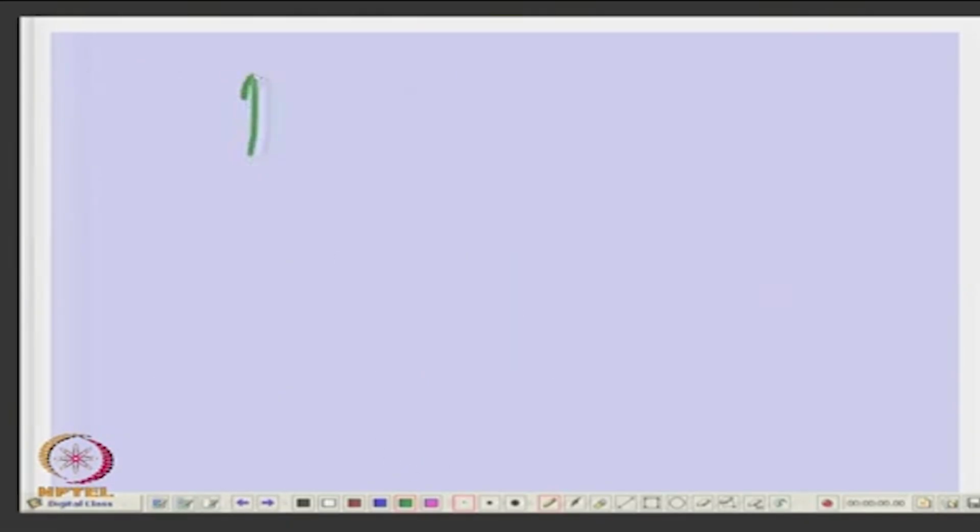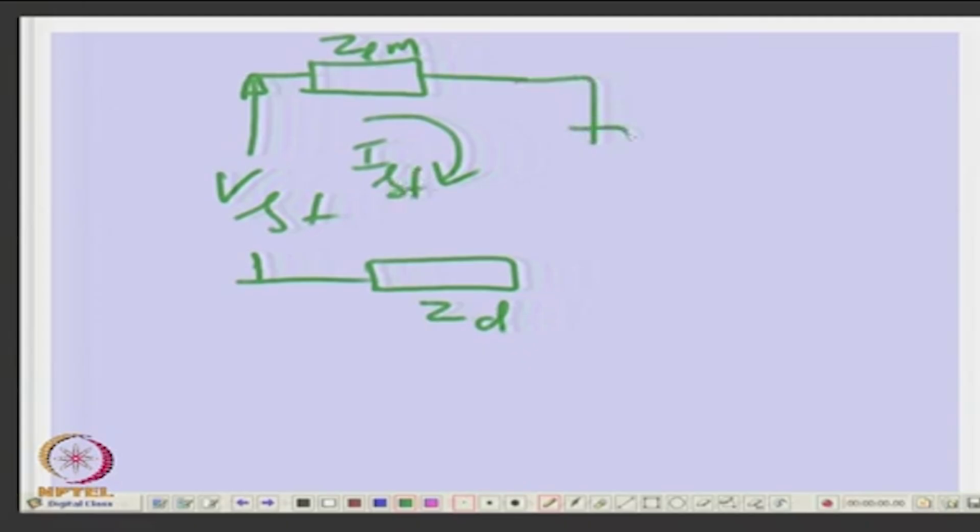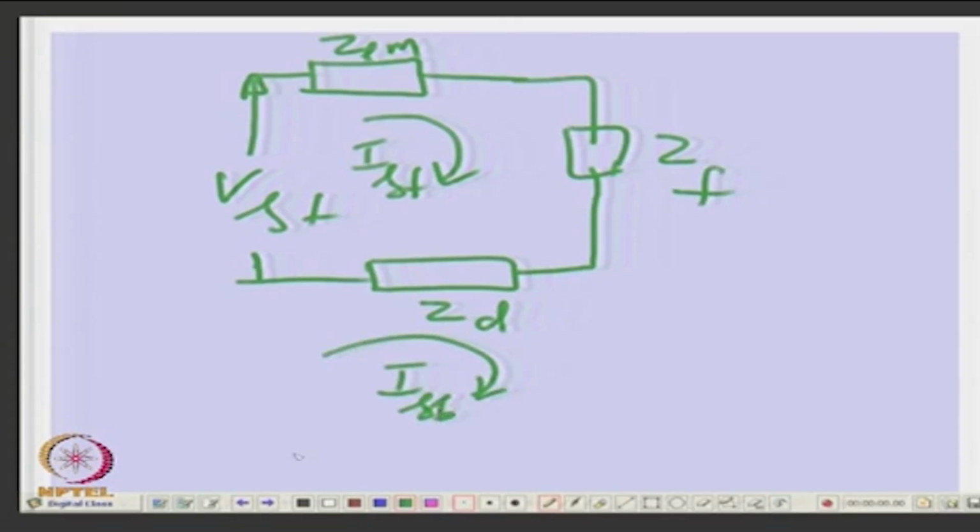So, I can write VSF as ZLM, okay, ZD, ISF. Is it right? I can make this circuit, it is just a simple circuit like a loop equations like that, right. And similarly,